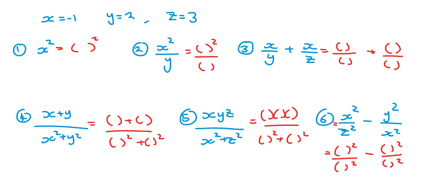Now let's fill them in now. We know that x is -1. Let's use a nicer colour. We know -1, 2, x is -1, -1, y is 2, z is 3,